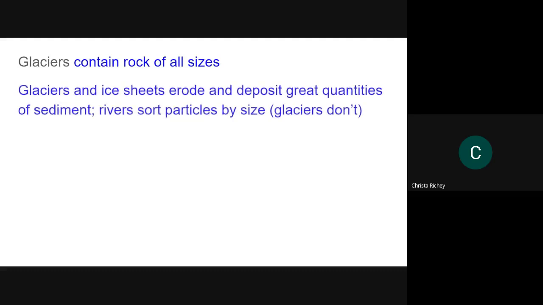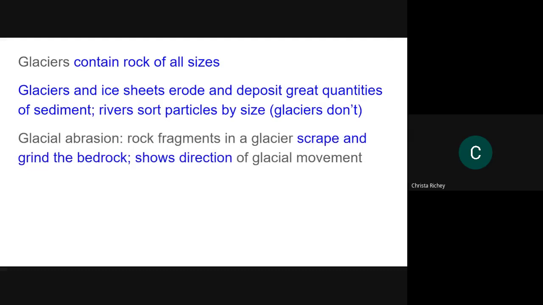It's not just ice. They have all different particle sizes of rocks, everything from extremely fine, sand type grains, all the way up to boulders. You can tell the way that a glacier has moved by looking at the scrape marks put on other rocks that were left behind. Sometimes the glacier will pick up the rock and take it with it, and sometimes it will just slide across the surface.